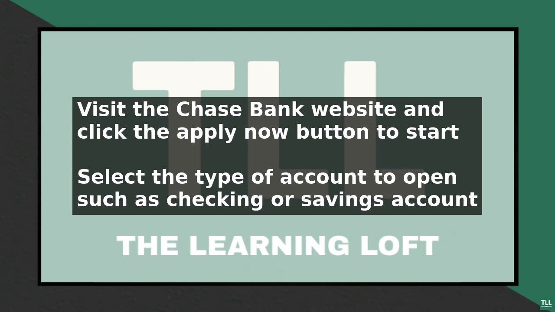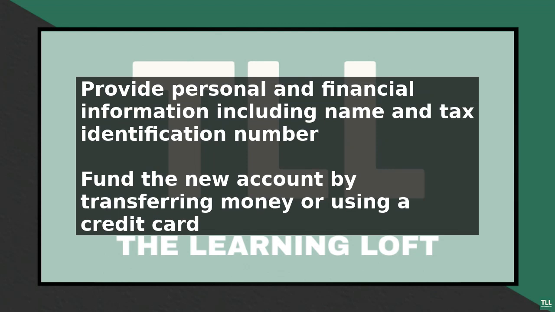First, go to the Chase Bank website and click on the Apply Now button. Then select the type of account you want to open, such as a checking or savings account. You will need to provide personal and financial information, including your name, address, date of birth, and social security number